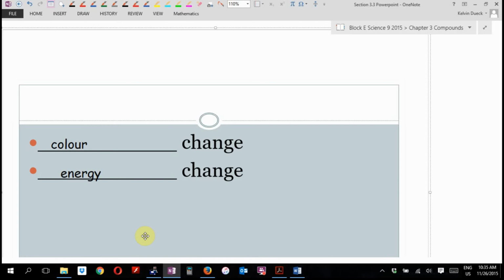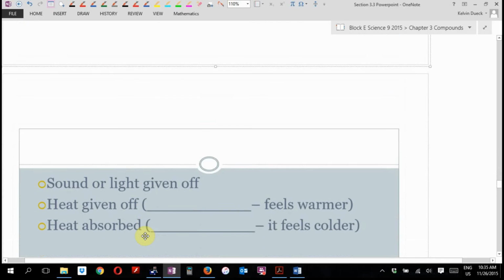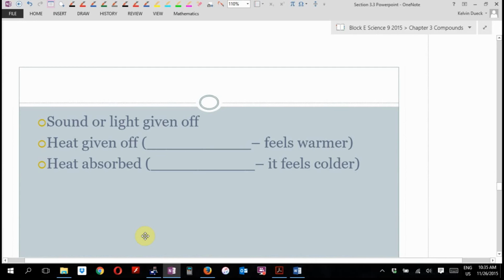Okay? Unfortunately, the rules are a little gray. You have to kind of really think about it. Okay? If sound or light is given off, which means somebody said explosions, yes, those are chemical changes. Absolutely. The chemical bonds between whatever the explosive was are being broken. So if sound or light is given off,